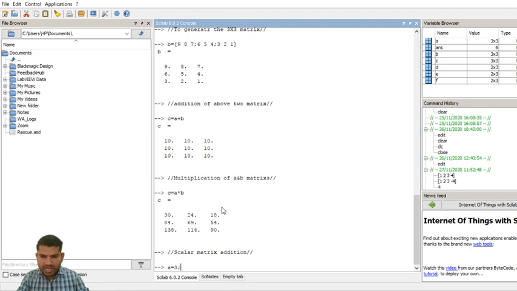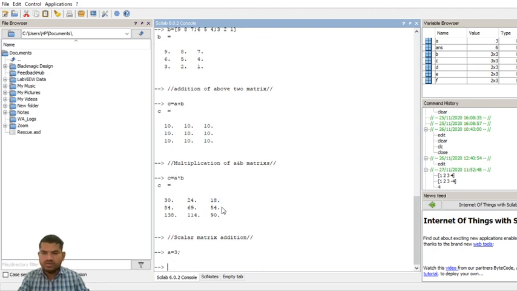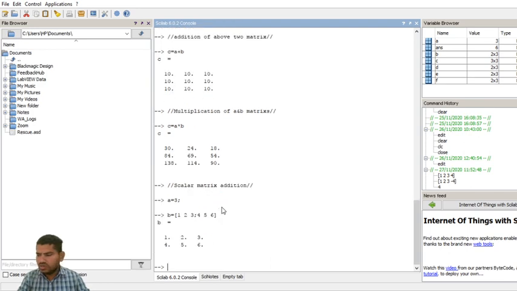To hide this output, I place a semicolon here. If we do not place the semicolon, the value of A is displayed. And B, now I am generating one matrix, that is a 2 by 3 matrix, 1 comma 2 comma 3 semicolon 4 comma 5 comma 6.